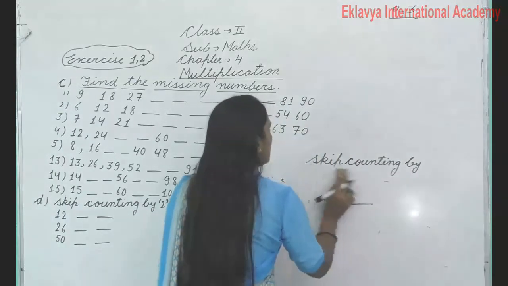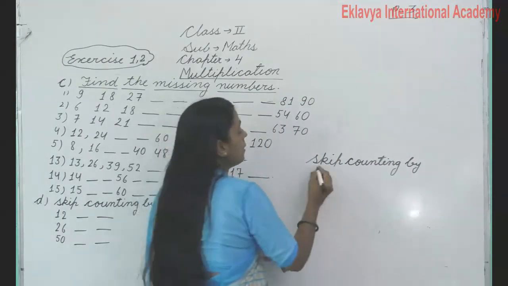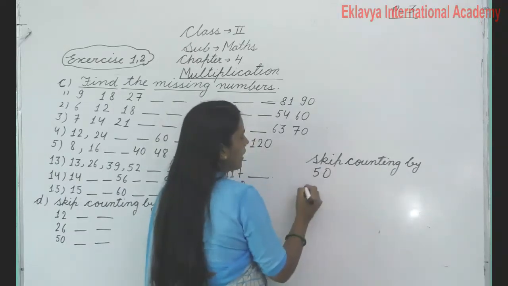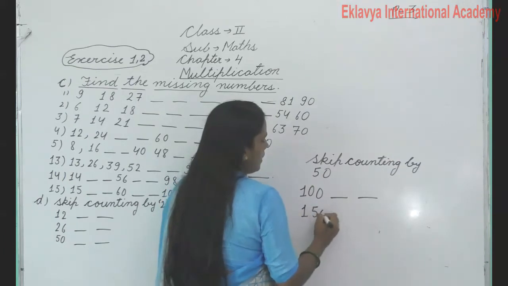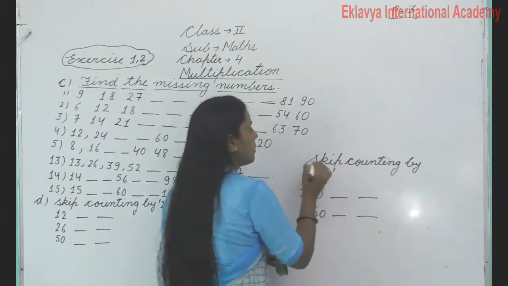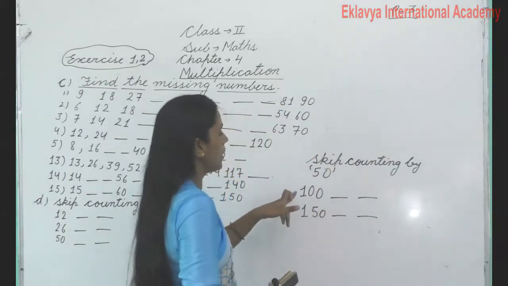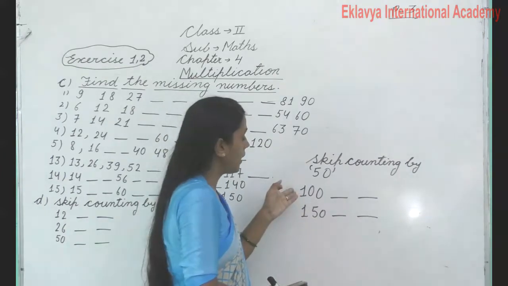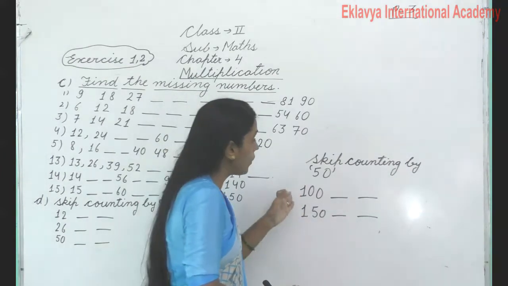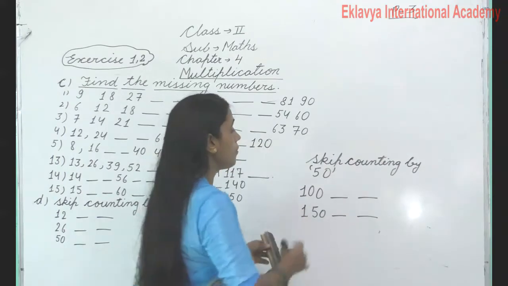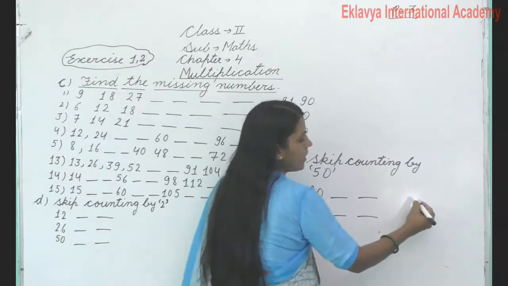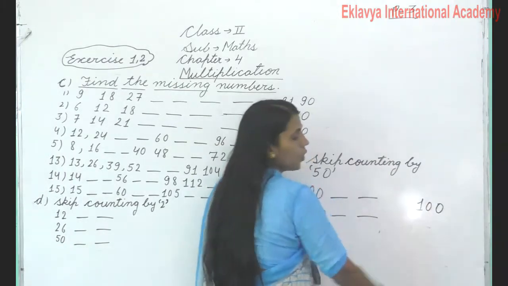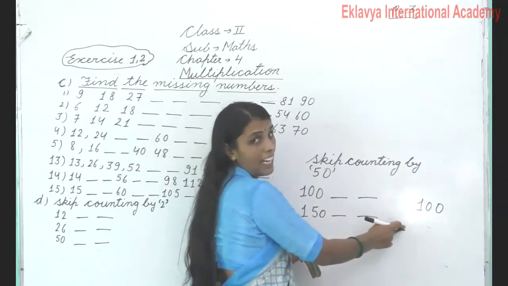Suppose I have taken here 50, and I have taken here 100. I want to take, got it? Skip counting by 50. Do you know? And you have 100 rupees. Okay, you will add 50 to this 100 number. Listen, like this we will take 100 here. Got it? According to addition, I am telling you.